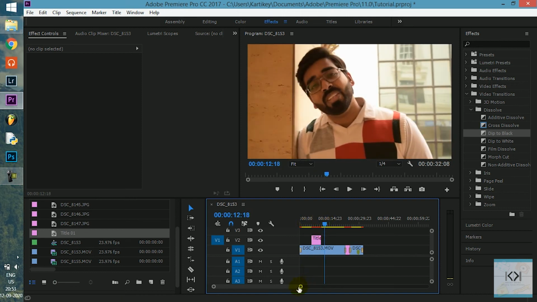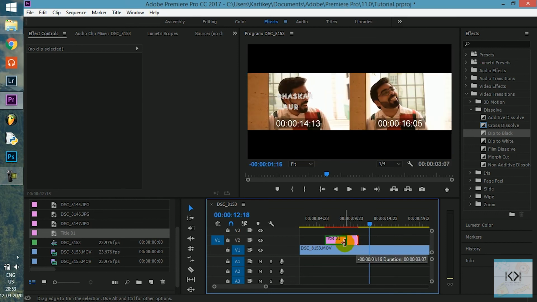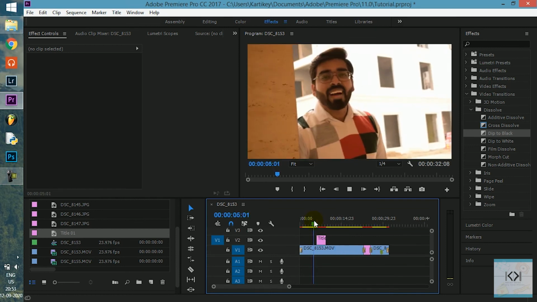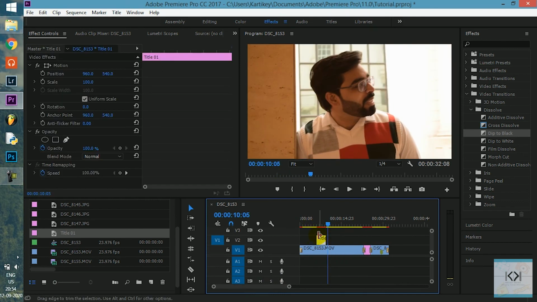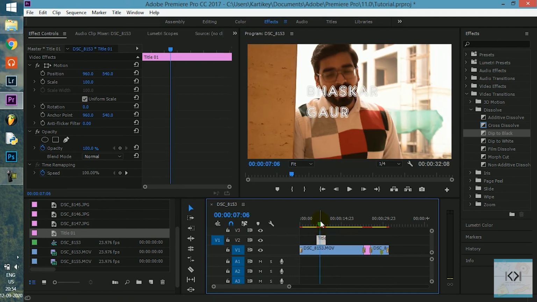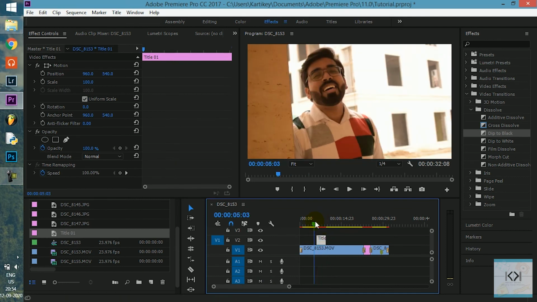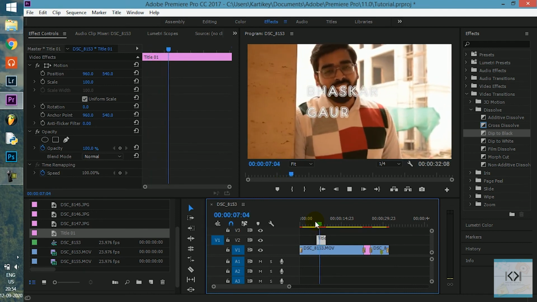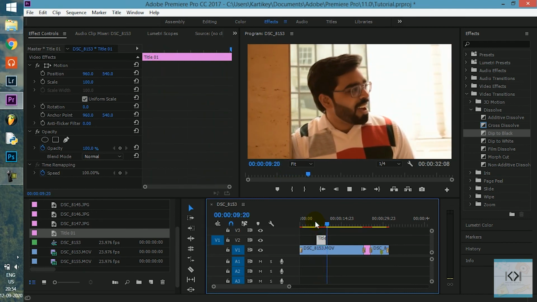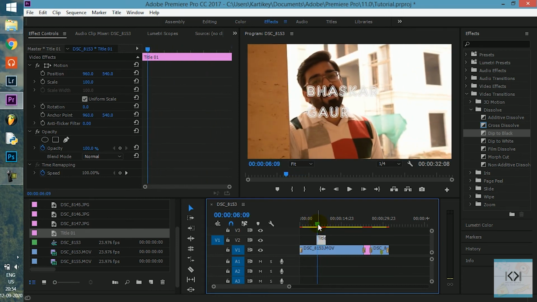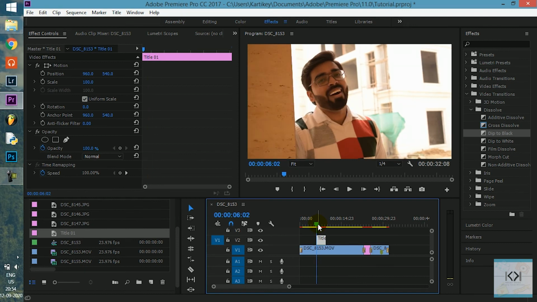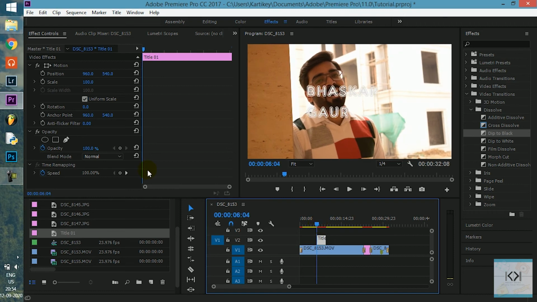Similarly to the photo, you can adjust the duration of this title for how long you want it to appear on screen. I have reduced it, so you will see that the text is coming for a shorter duration of time. The last thing we can do to the title is, if you see that when the title appears, it appears very abruptly, and also it disappears very abruptly. So we will bring this playhead to the start of this text. You can also press the left and right keys to make precise adjustments. Now this is where my text has started.